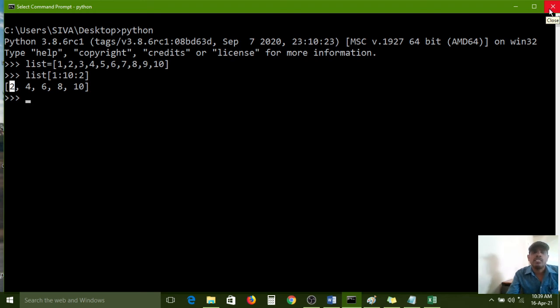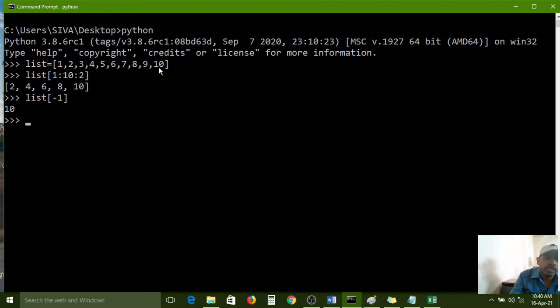List slicing is nothing but this: if you want to fetch a range of elements from the list, it is called list slicing. List slicing will work with only index numbers. List with minus 1, I am giving. With minus 1, the last element it will print.